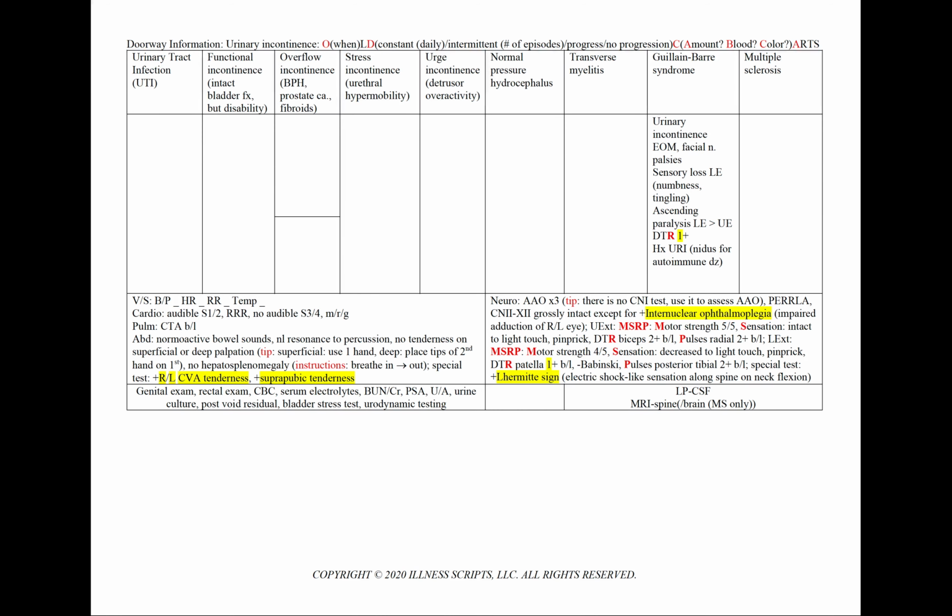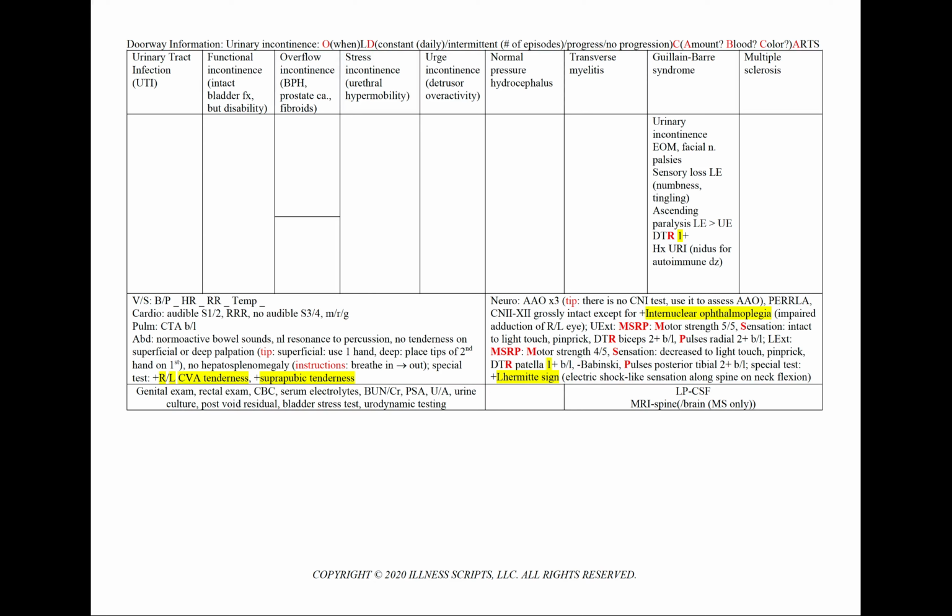In Guillain-Barre Syndrome, we'll see urinary incontinence with extraocular movement defects or a facial nerve palsy. We could also have sensory loss, particularly in the lower extremity, and an ascending paralysis starting again in the lower extremity. The deep tendon reflexes can be delayed. And we could also again have a history of a recent URI or gastrointestinal infection serving as a nidus for